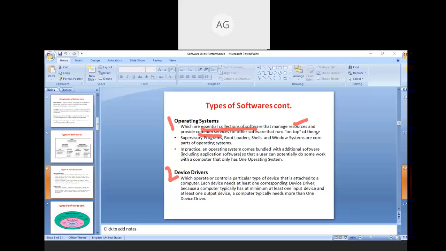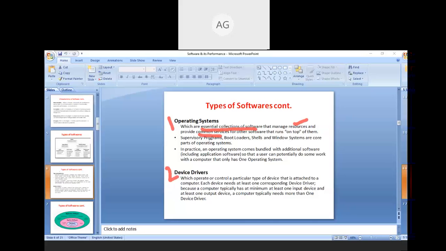This is the core and provides the base for other software to run on. Examples of operating systems are Windows, which we all use, and some of you may also use the Linux platform. These are popular operating systems.